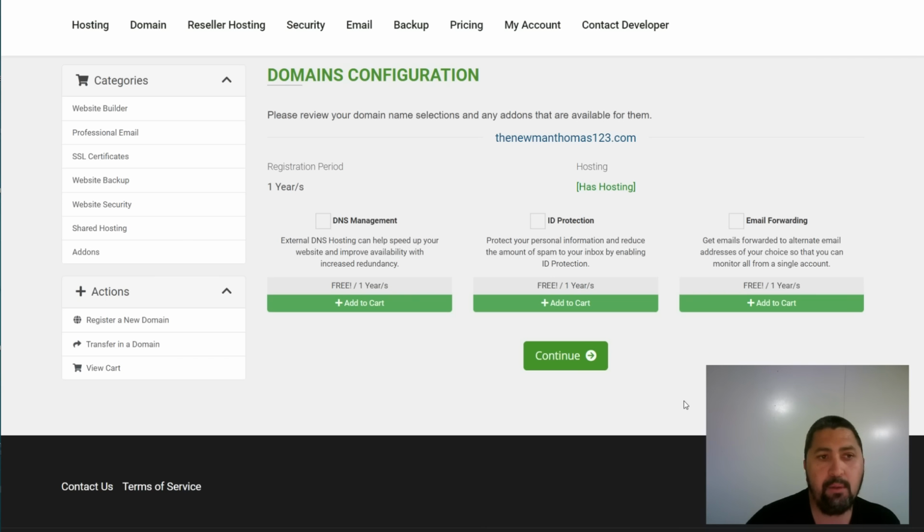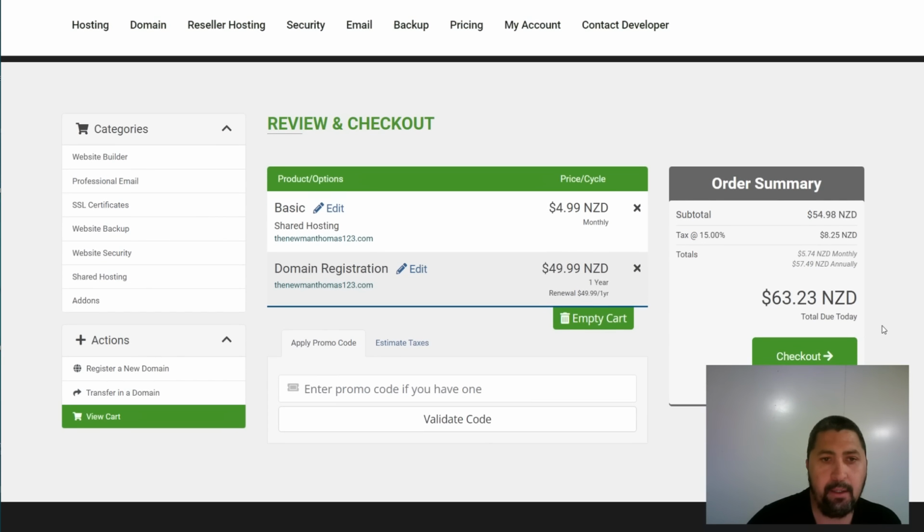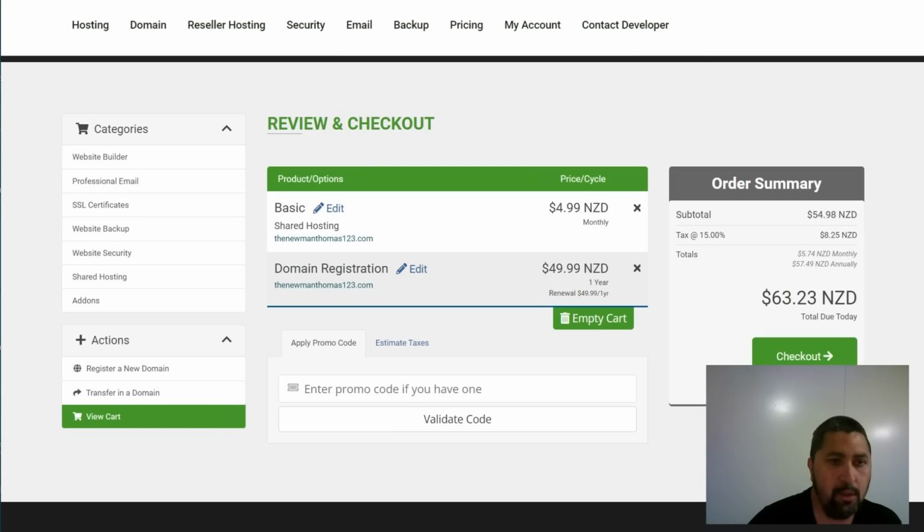In this case, I don't want to choose those. I'm just going to click on the continue button here. So click on continue. Now it comes to this part here. Let's go back to the slide. Check you have the right domain. So let's go back here. So this is the right domain, the